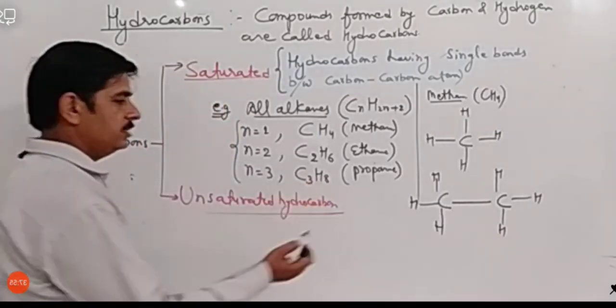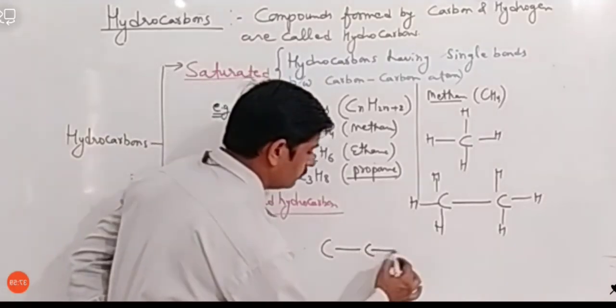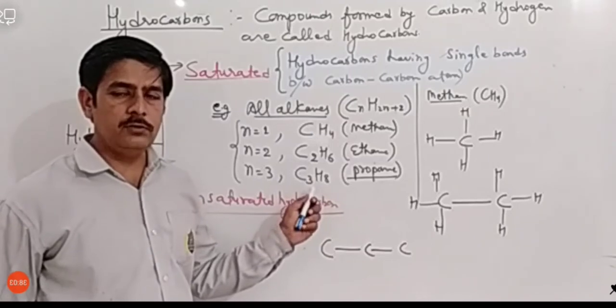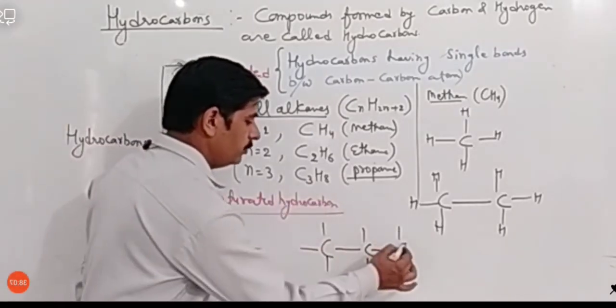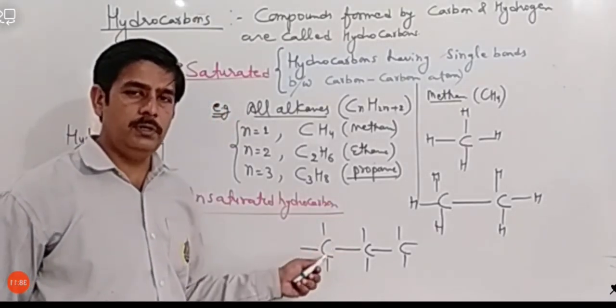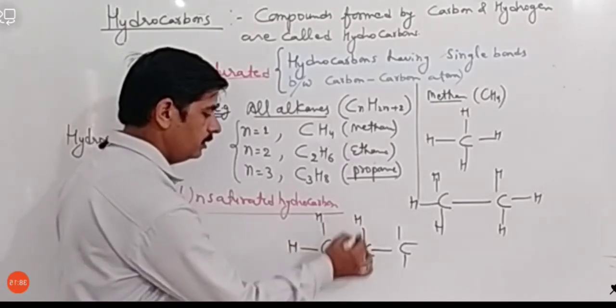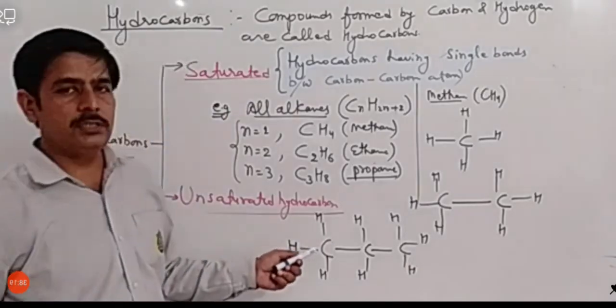Let's see the next example, propane. In propane there are 3 carbons and 8 hydrogens. How can I use the 8 hydrogens? I have to complete the 4 valencies. This carbon has 4 valencies: one is between carbons, and the rest of the valencies will be occupied by hydrogen. And here as well. So this is the structure of propane.